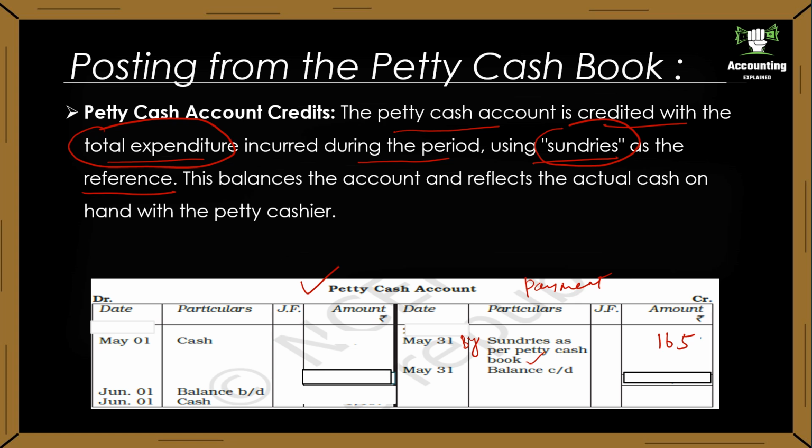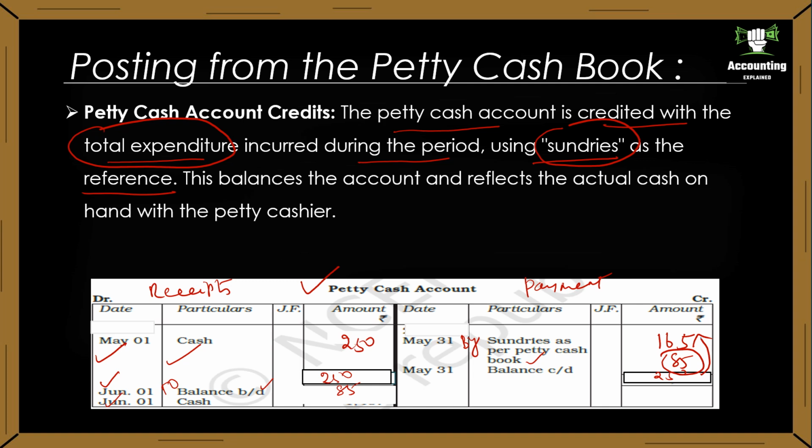Okay. And on the left side it will be receipts. The imprest fund we got at the beginning of the month, that is on May 5th, 250 rupees. On seeing, we find that our debit side balance is more. So we take the balance to both the sides, 250, 250. On deducting 165 we get 85 as the balance carried down. Okay, that balance on June 1 will be balance brought down, to balance brought down 85 rupees, and on June